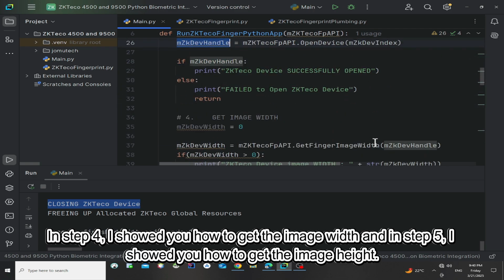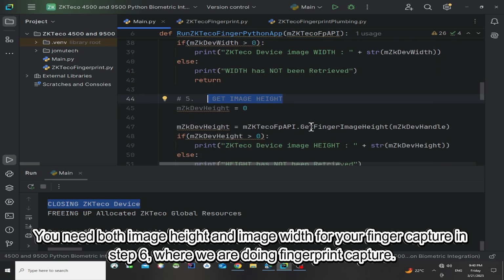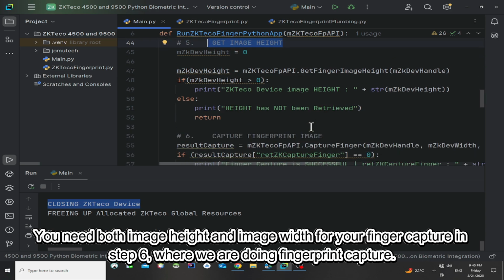In step 4 I showed you how to get the image width, and in step 5 how to get the image height. You need both image height and image width for your finger capture in step 6, where we are doing capture.